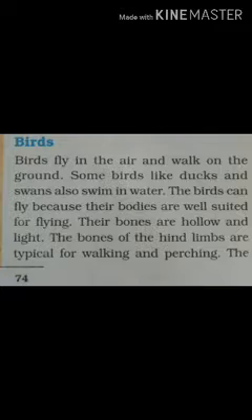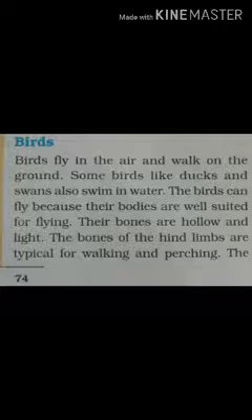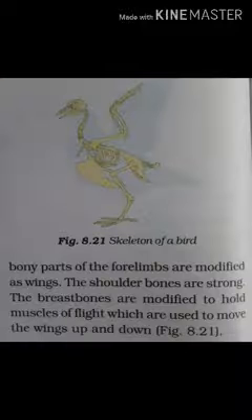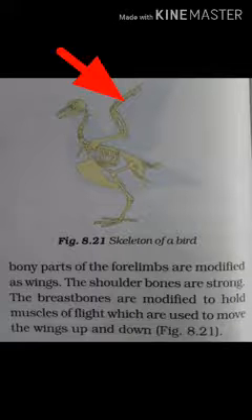You have seen birds flying, and also you have seen them walking or hopping. Some birds like ducks can swim as well. Why are birds able to fly? Even the big ones can fly because their bones are hollow, which makes their body light. Their forelimbs, that is the front limbs, are modified into wings to fly.